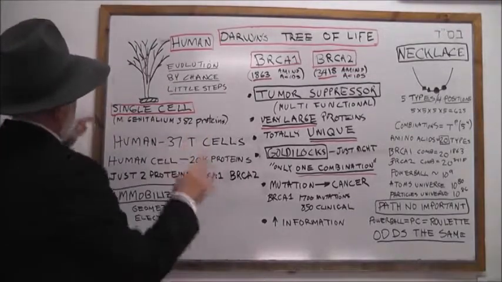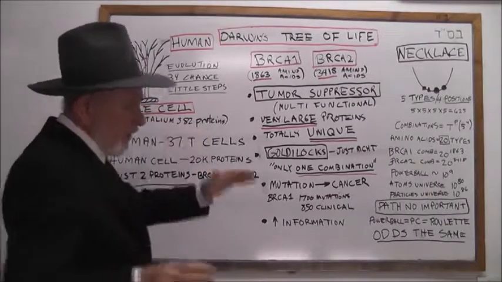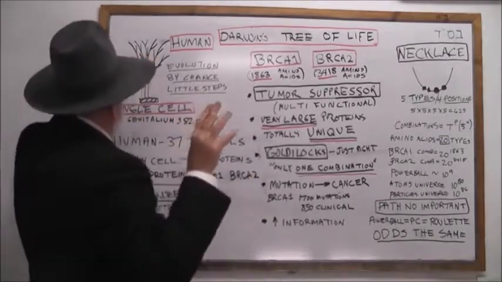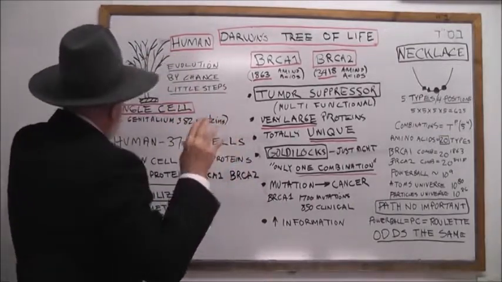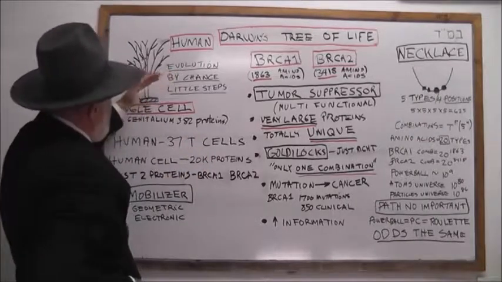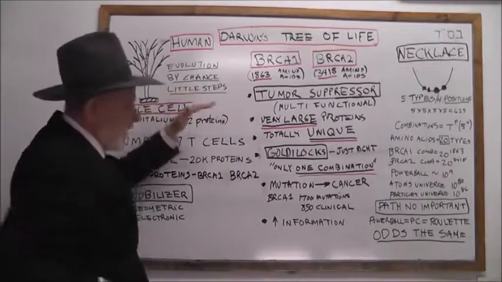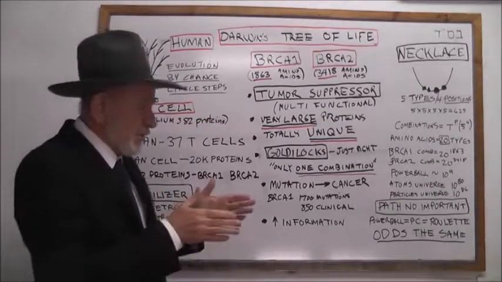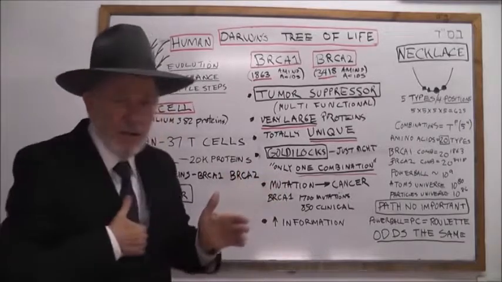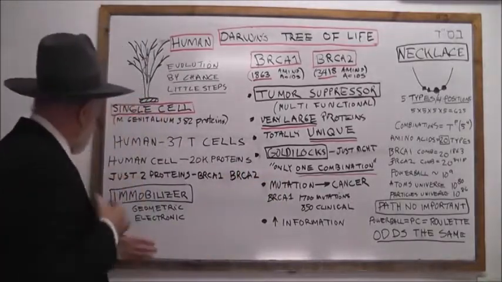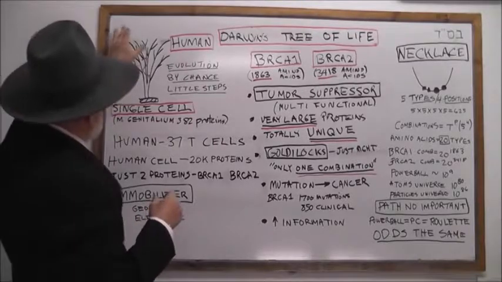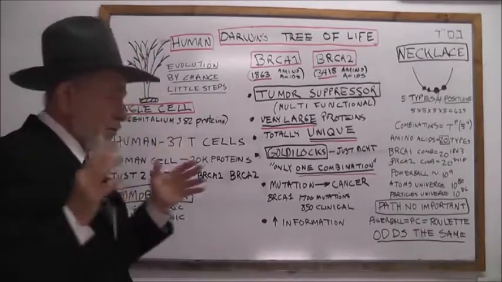Basically, Darwin says in his book that he published in 1859 that life, all the species we have today, including human beings, were produced by a random, by chance process. And this is called evolution. And the way it's done, little steps in each generation. Very many little steps over a long period of time. We start with a single ancestor cell, and we go to all the different species that are alive today.